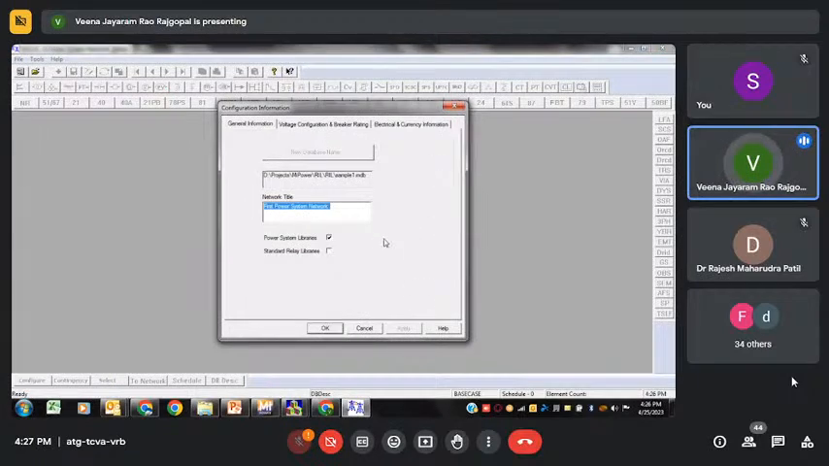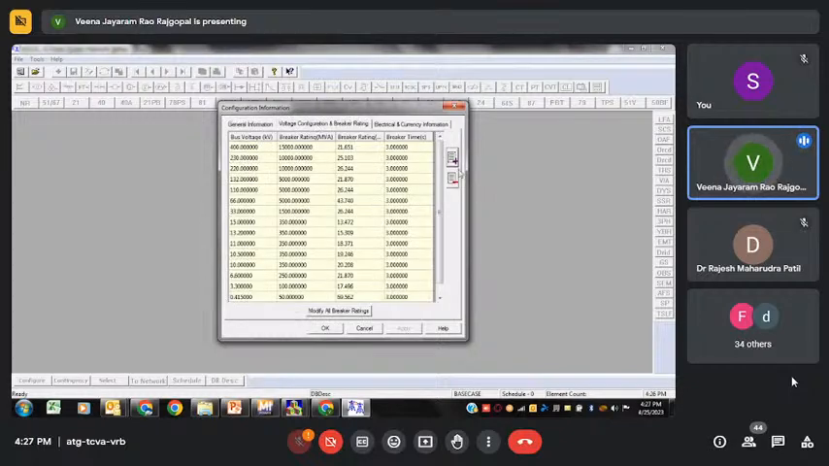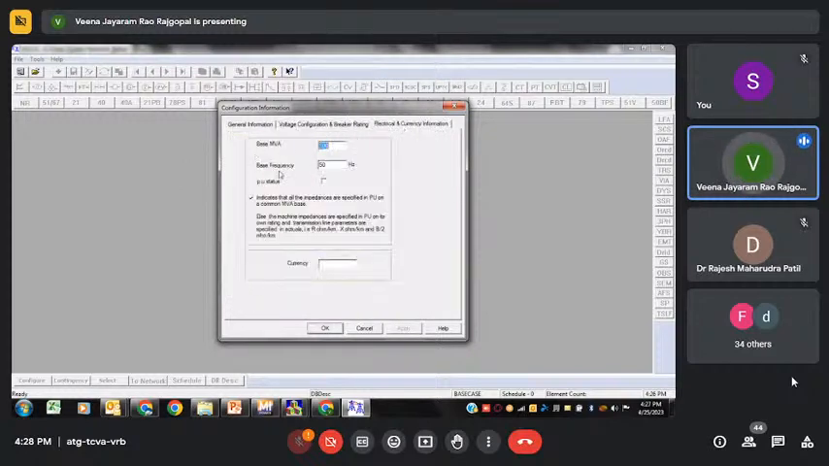So this is a normal way of creating the single line diagram, but as I told you, there are other ways also. Then here is the general information: where the database will be, what the network name is. Then the voltage configuration. This is what I was telling, in your system, whatever voltage levels are there, you're going to configure that. And then what your base MVA and base frequency are. Also, you can give the data in per unit true, meaning you're giving all the data on 100 MVA base. If it is false, everything will be on its own rating,